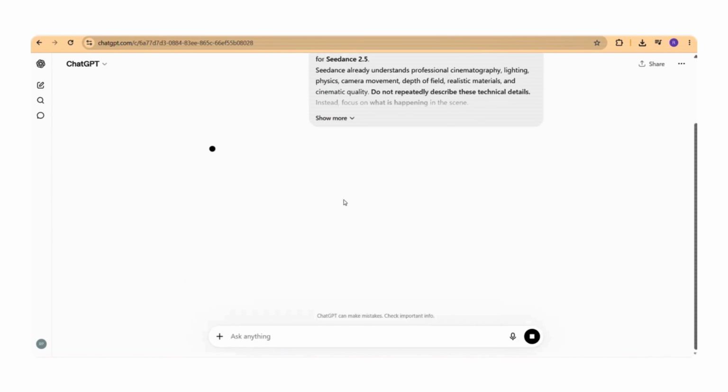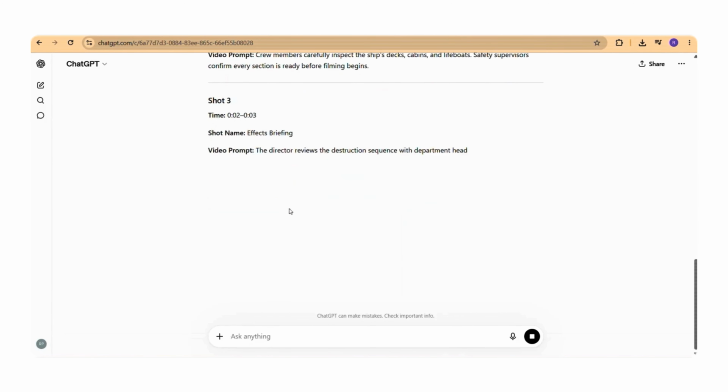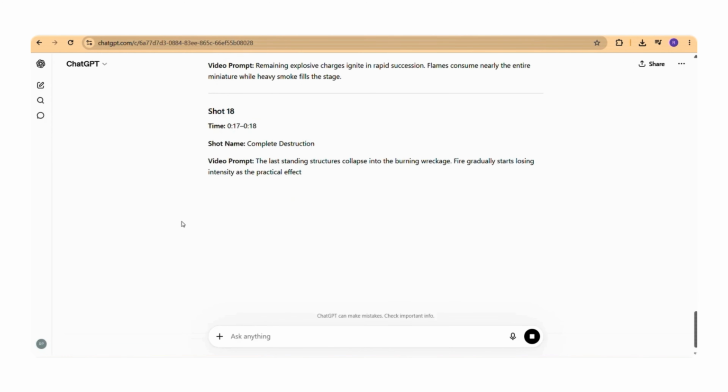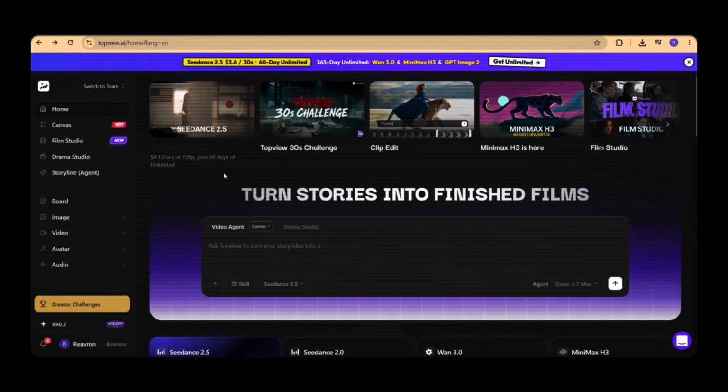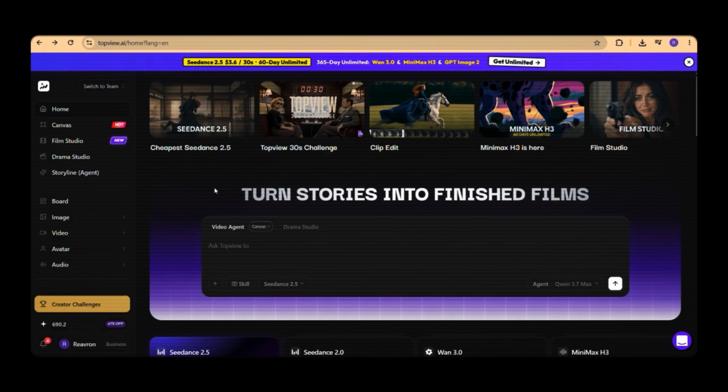Then GPT will provide us 10 different scenes. You can also provide your own scene, but for now, I am going with the third one. Then GPT will provide us a highly detailed video prompt for our video. Copy this whole prompt. To generate these behind-the-scene videos, we are going to use the Seedance 2.5 feature from Top